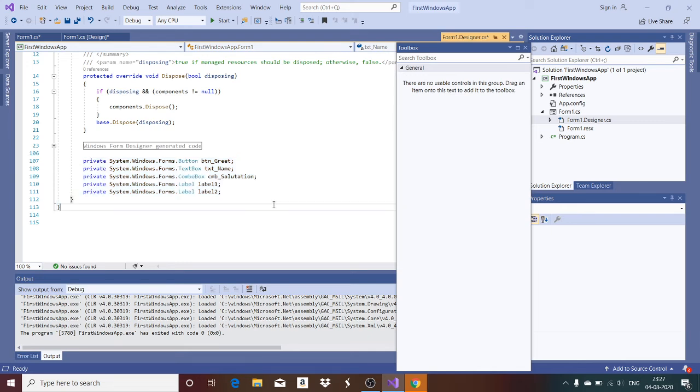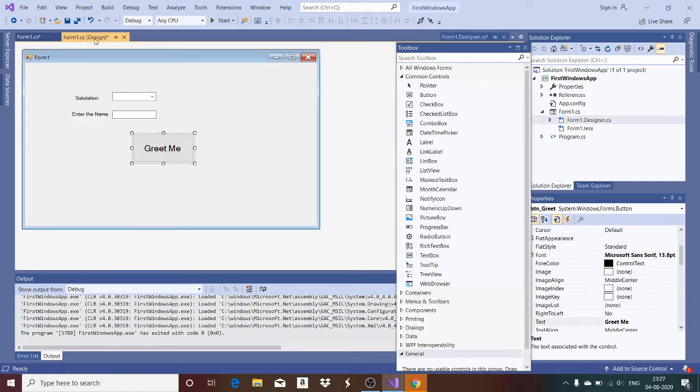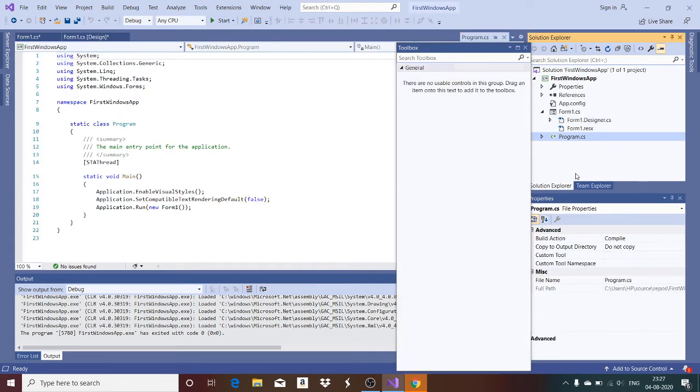Very good. So I go back to the design. This is the design page, and for this design page the original code is available in form1.designer.cs. Observe the extension here. Since it is a C# application, all your files have the extension .cs. Apart from these, you have program.cs also. We'll come to the program.cs a little later.